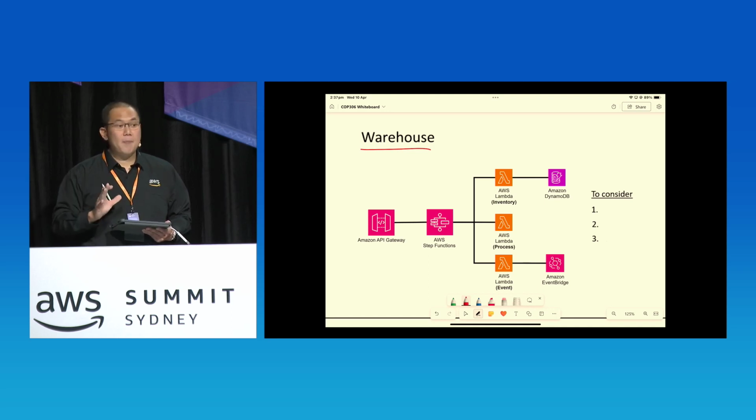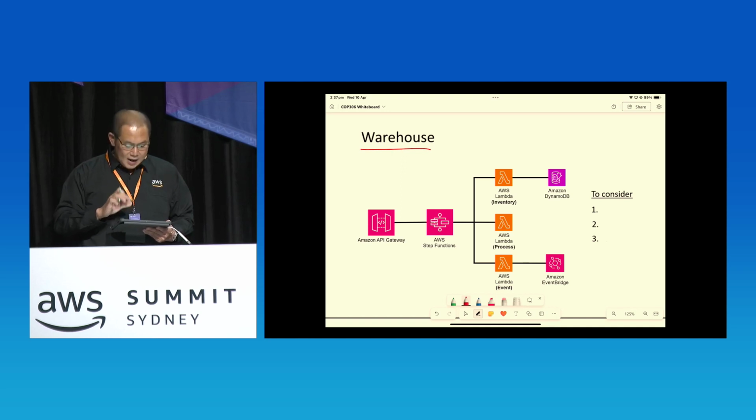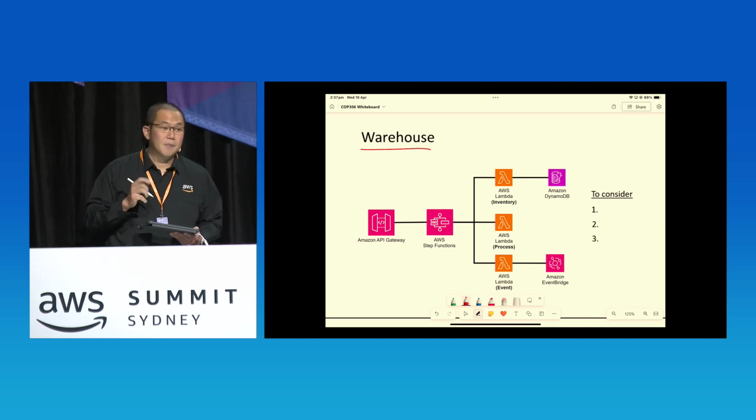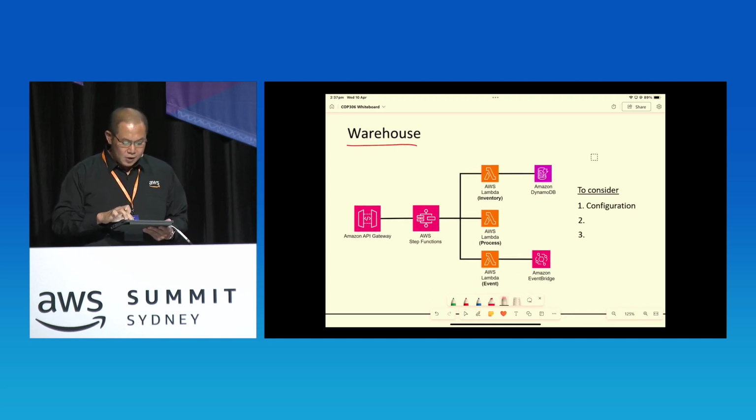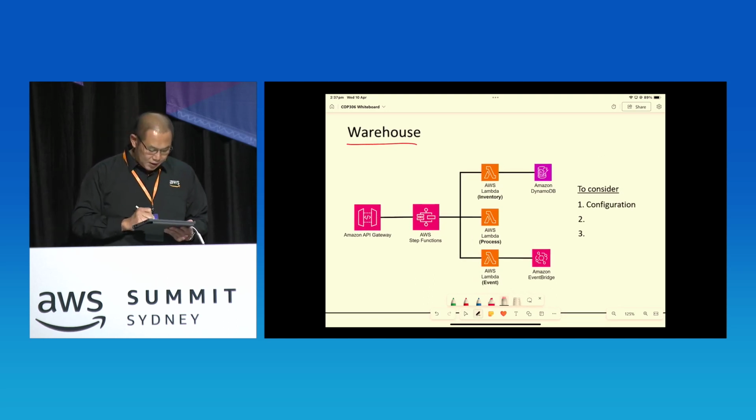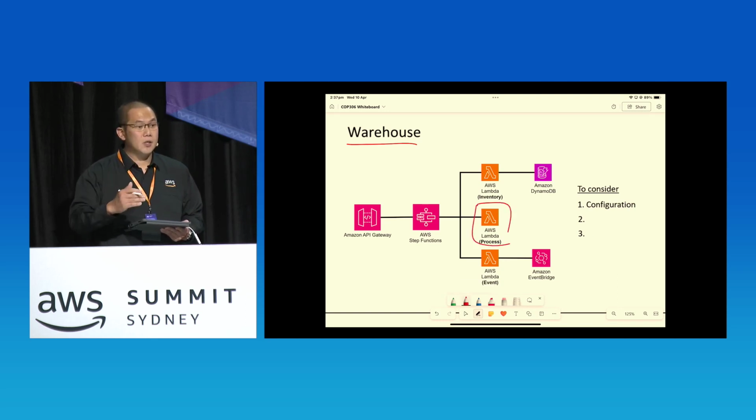Regardless of the shape of the architecture, however, when you're working with a bundle of resources like this, there are essentially three things that you need to consider. The first one is how you're going to manage the configuration for each of these resources. Because for your architecture to work, when you deploy these resources, you need to specify parameters like runtime environment, or perhaps the code location for Lambda functions,